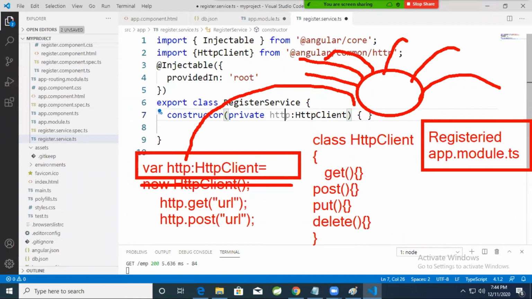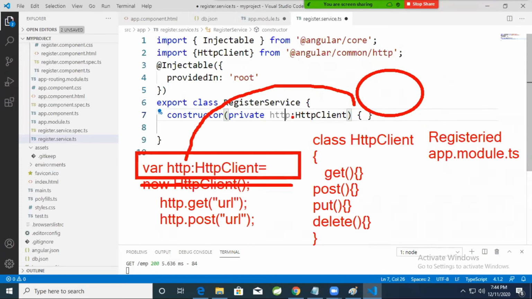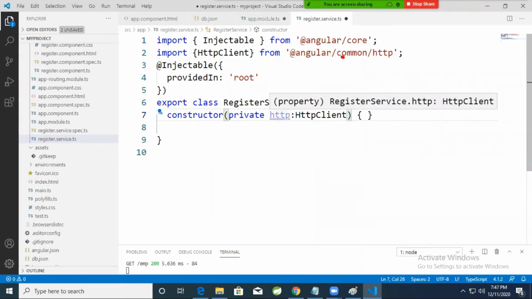So here the framework is telling the developer, you don't create the object, just create the reference. The framework will create the object, and this object is assigned to your reference. Listen everyone, this object is assigned to this reference, and this object you can use anywhere within this particular service.